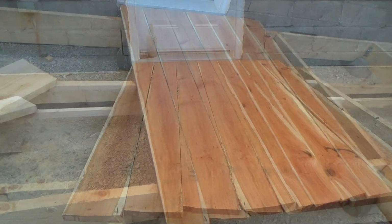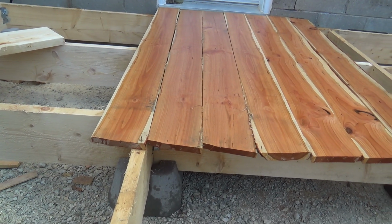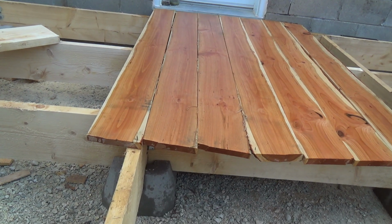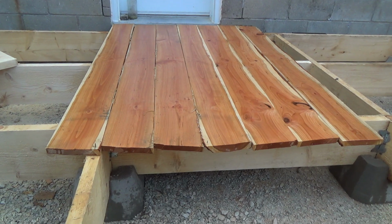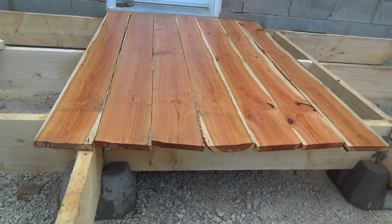It's supposed to rain. Well, we'll let this sit and dry. I'm just curious to see what will happen with splittage. See these ones here with the wane on it. I don't think I'm going to really be able to use them. Well, I guess it'll work, but I'm going to have to figure out their